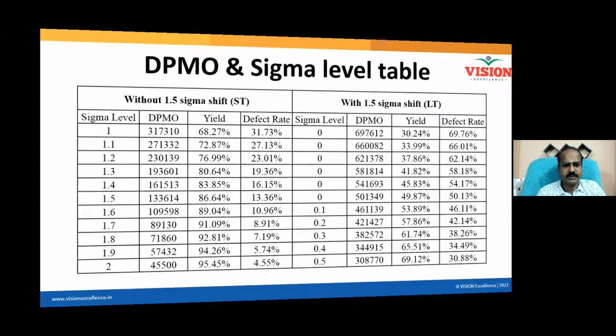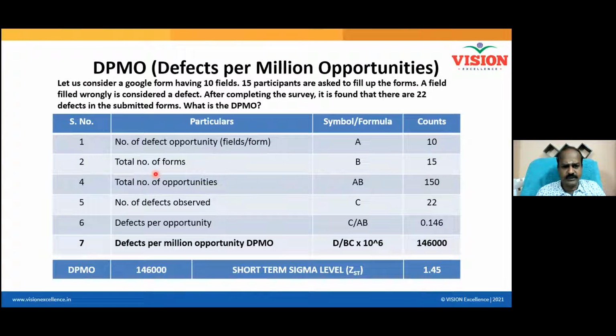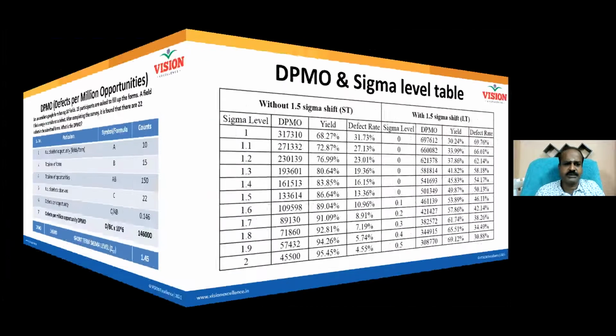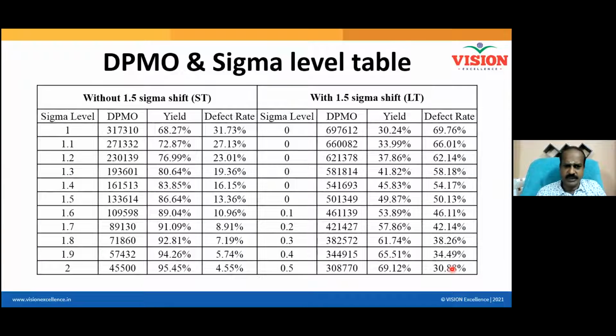So let me just show you with this value. See here, something I have done. And now this is 1,46,000. 1,46,000 is calculated to be DPMO. And now the sigma level is somewhere around 1.45. These are only approximate values, but you can always use templates or the sigma level calculators, which I will be